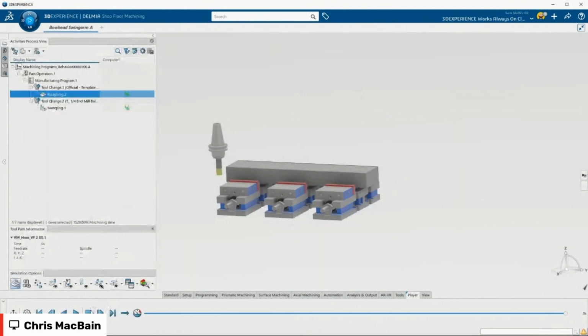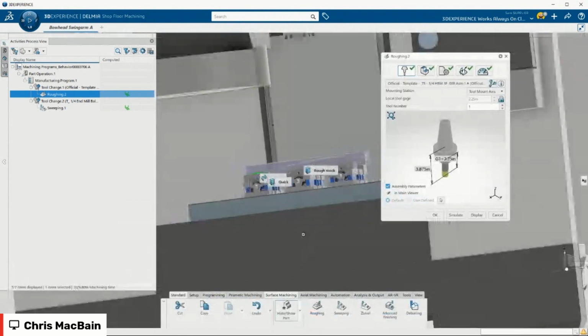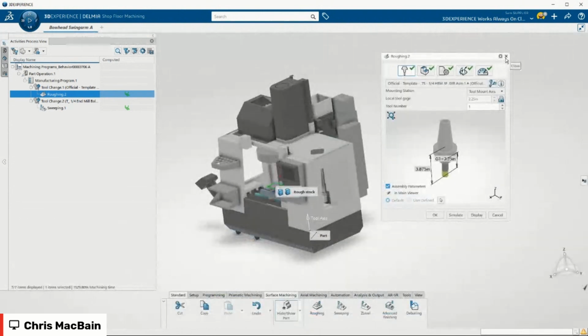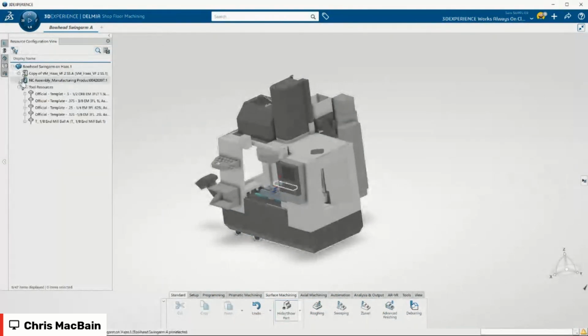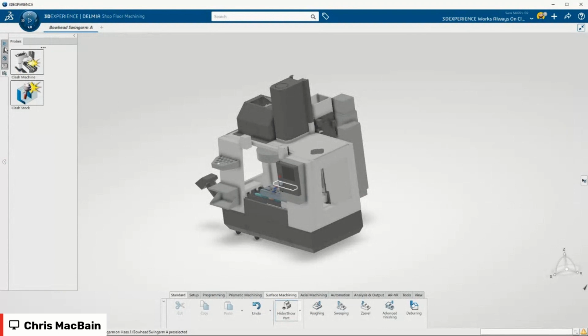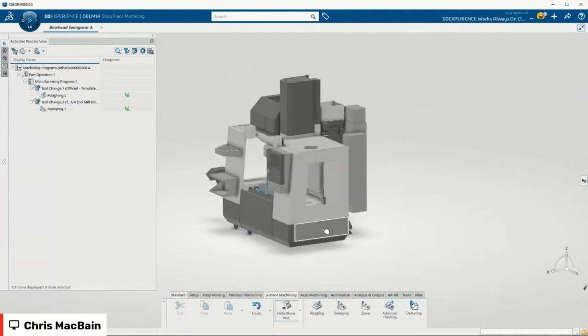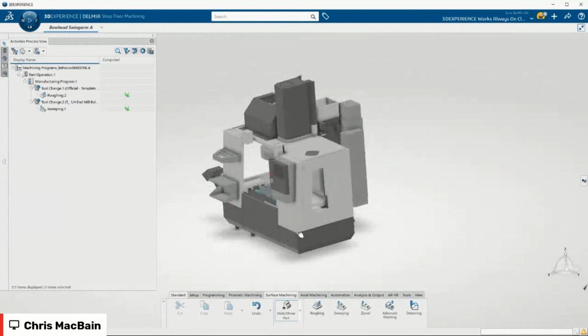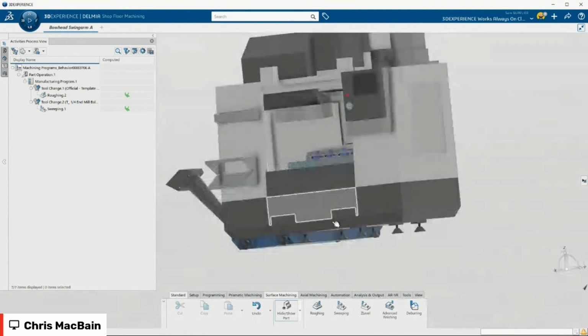Now, let's keep in mind how this whole thing started, right? I started with a complete manufacturing model. And this is the part that is dope to me, just absolutely ridiculous to me: we started with the robot, and I just hit it and said, let's program this machine. There was no, okay, I want to take that robot, close down my robot programmer, open up my CNC machining now. Hold on, I've got to wait for that to load. There was no, okay, I've got this file, let me drag it into this window and open it up.